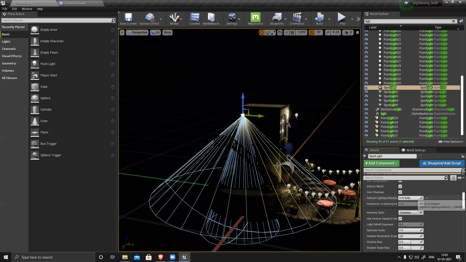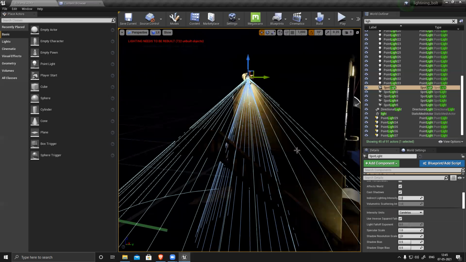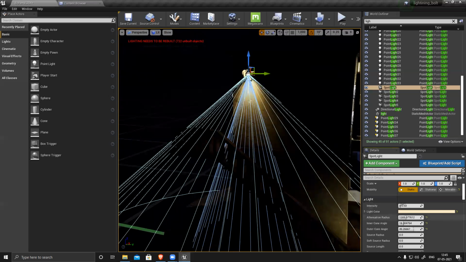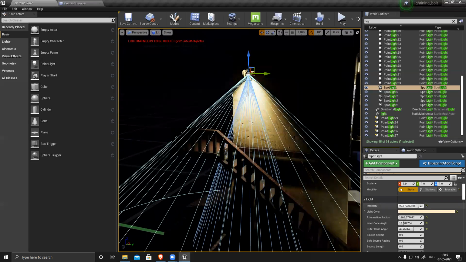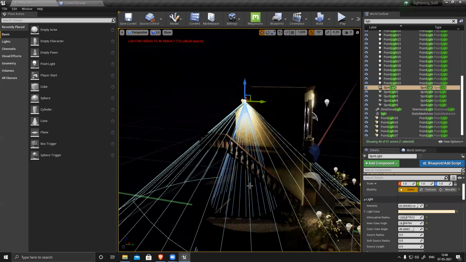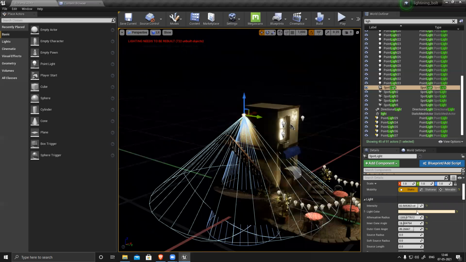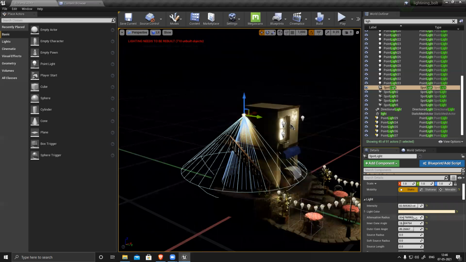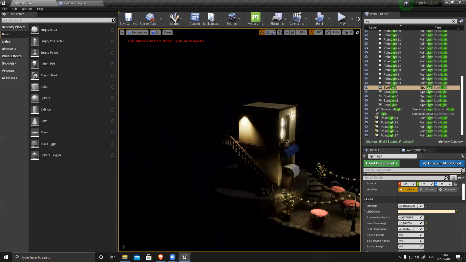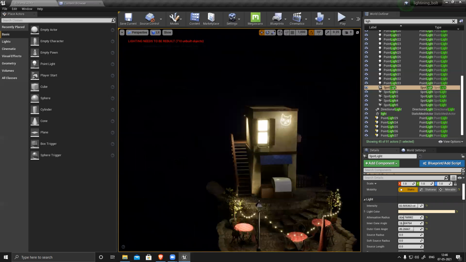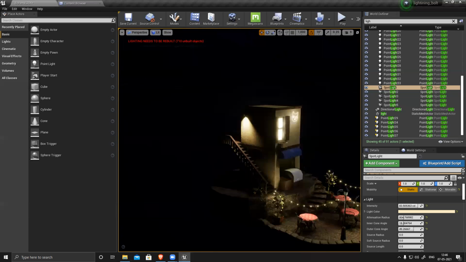Indirect light I can change. I need to make sure this light density and intensity is decent so that it can travel throughout. Press G. Like you see, almost everything is visible.